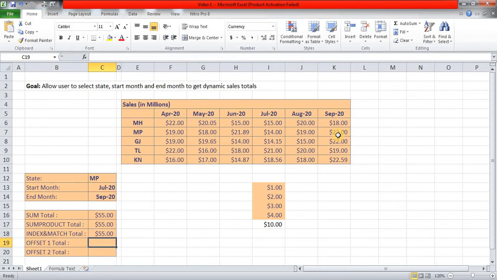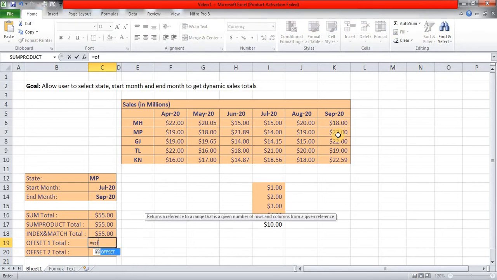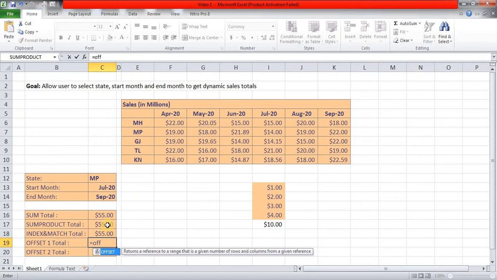The fourth approach is using offset. So equals offset. Now the logic will be somewhat the same as that of index and match. So offset, tab, my starting point is this, so my reference is this, so it is basically 0 for the purpose of offset. Now so far as rows are concerned, how many rows do I want to move down? So I want to move 0, 1 and 2 rows, but for that I am using match.